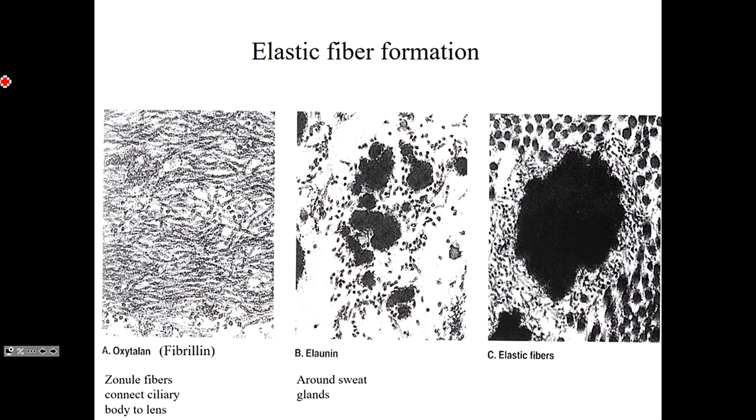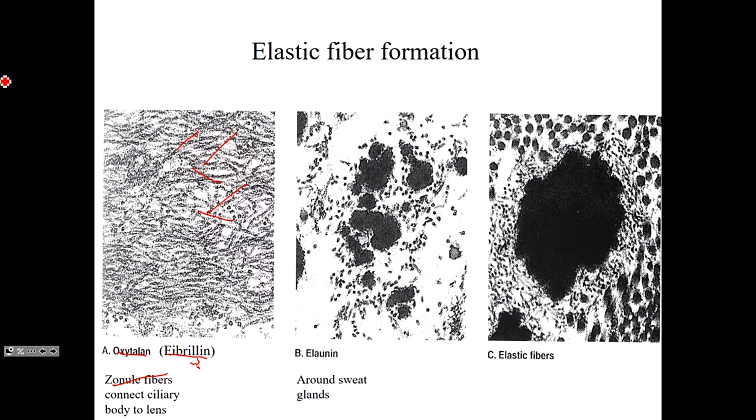So elastic fibers are actually made of two different gene products. We start out with what are sometimes called oxytalan fibers, which are made up of fibrillin. So you see all these fibers. These are the fibrillin fibers. And we see them completely by themselves as zonular fibers in the eye connecting the ciliary body to the lens. When I give you this eye lecture in November, I'll remind you that these zonular fibers are actually oxytalan fibers